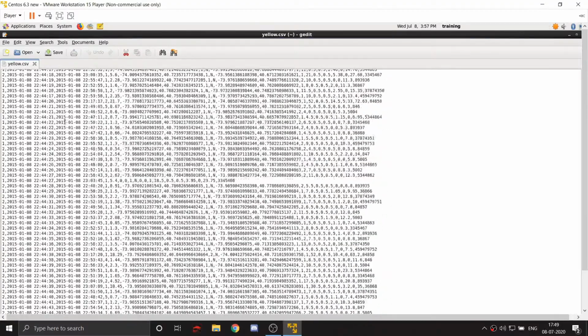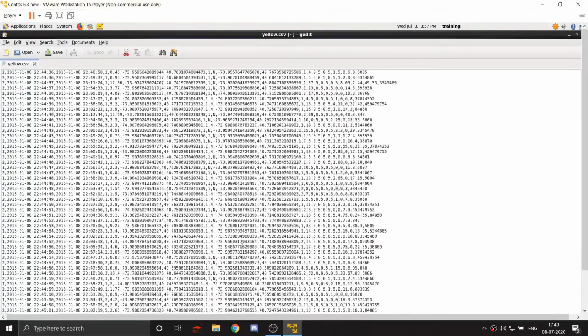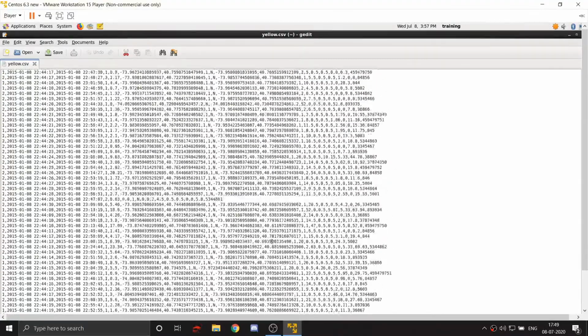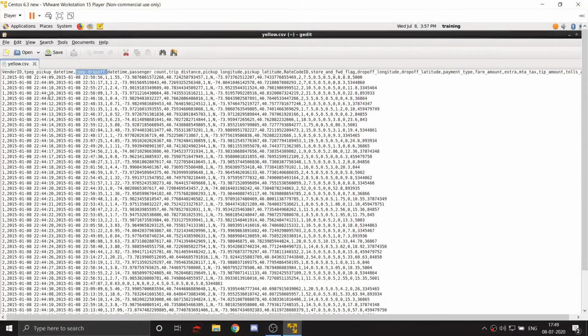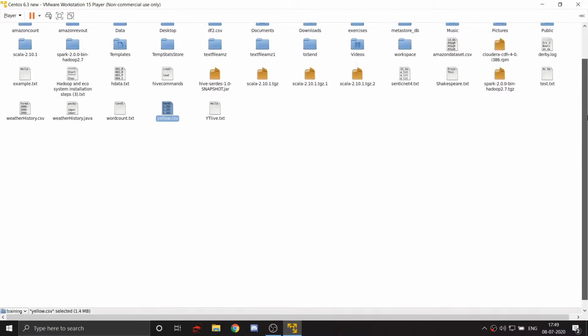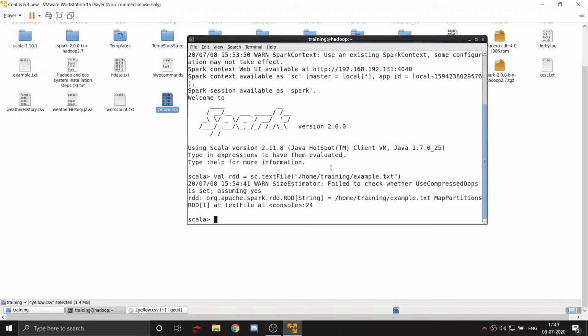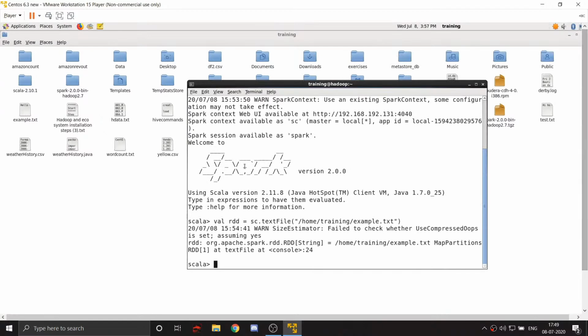So if you just scroll down, we can see that this somewhat qualifies for a big data use case, right? And we're going to be actually running some queries on this data set. So firstly, this is in a semi-structured format, a CSV file. We are going to be converting this into a data frame before actually performing queries on it, right? So let us just quickly minimize this, or you can just close this off as well, works the same. And open up our terminal, right? So let us continue from where we left off. So open up the terminal and expand this,